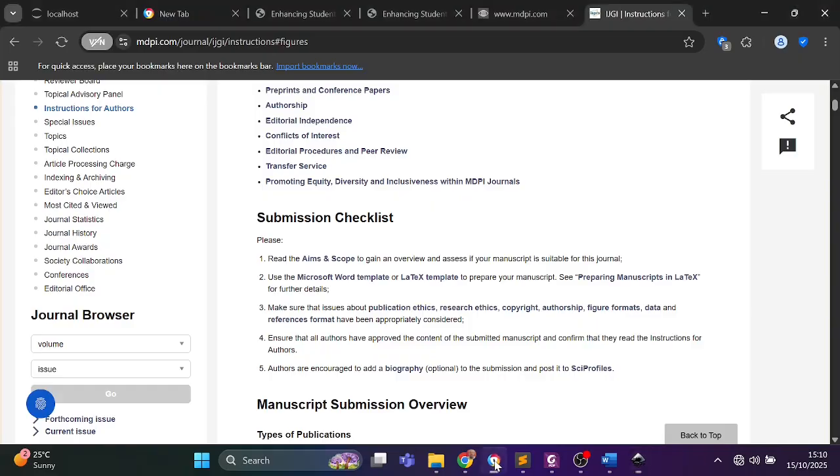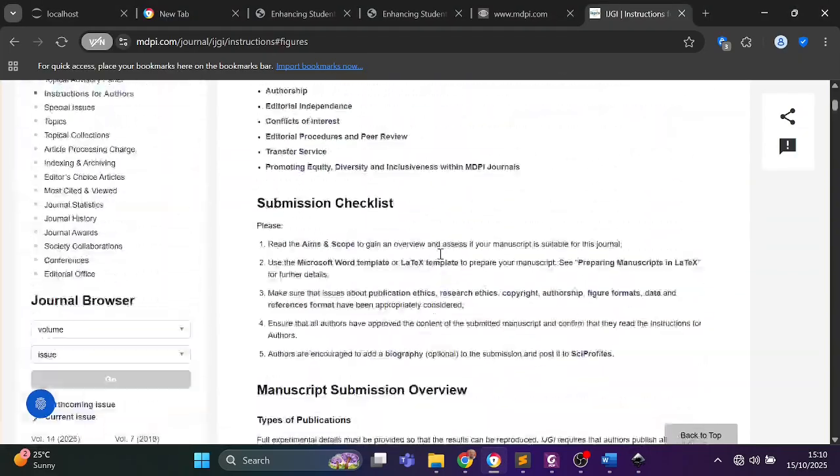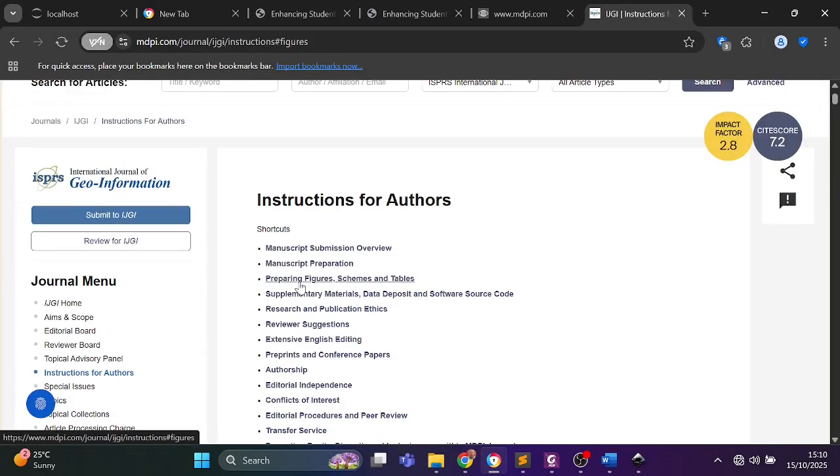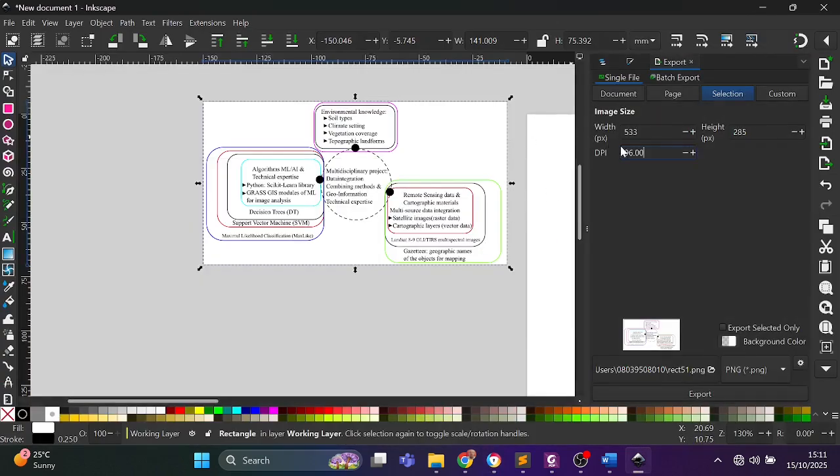So this DPI, for this journal we are working on, the recommended DPI is as follows. I think if you go to this section on preparing figures, you see that the recommended DPI is no less than 600 DPI, and it can be in PNG, JPEG, or TIFF format. So with Inkscape, you can easily set that. So change this to 600, and then